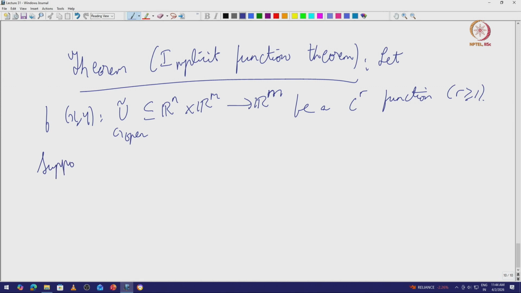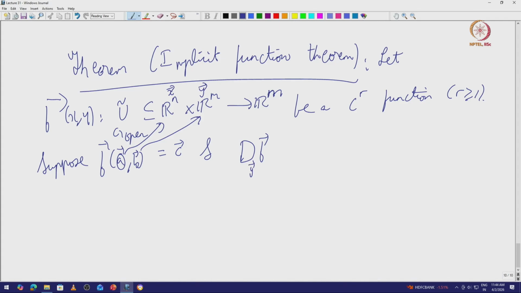Suppose f(a, b) equals c, where a is a vector in R^n, b is a vector in R^m, and the derivative matrix of f with respect to the y variables, these are the x variables, these are the y variables, at the point (a, b) is invertible,